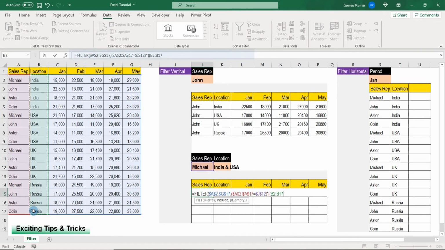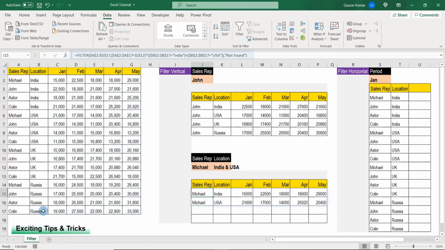Specify your location, and the first location is India. Close the bracket. Now we want to see the data for USA as well. Apply the plus sign, open bracket, select the location array, and the next criteria is USA. Close the bracket, comma. What if empty? We can specify not found. Close the bracket and press enter.